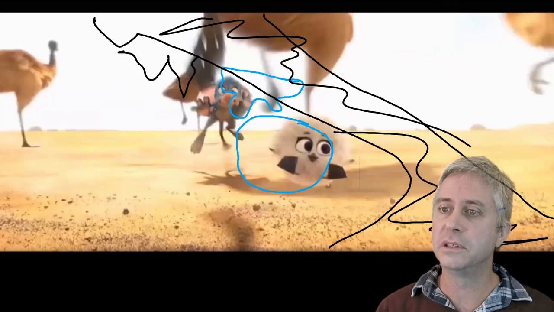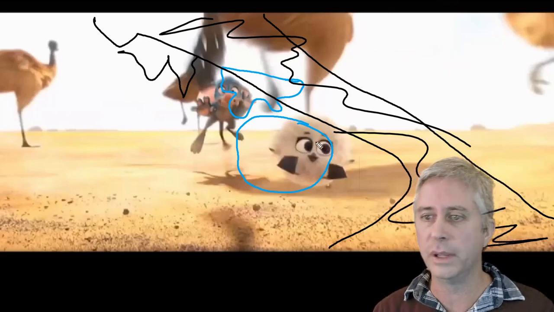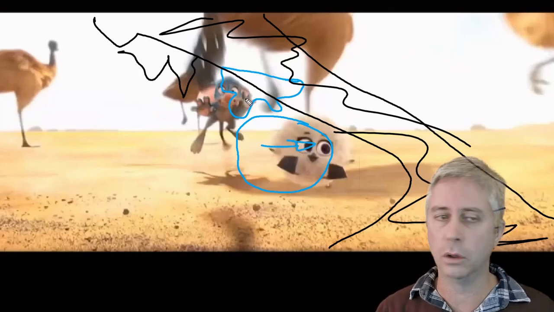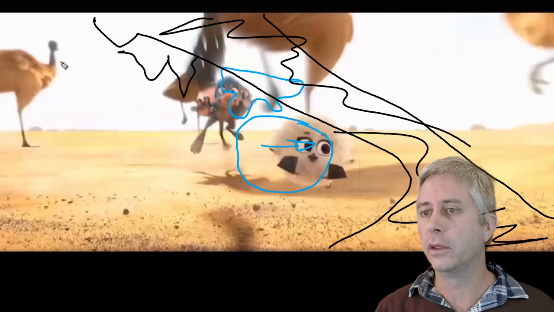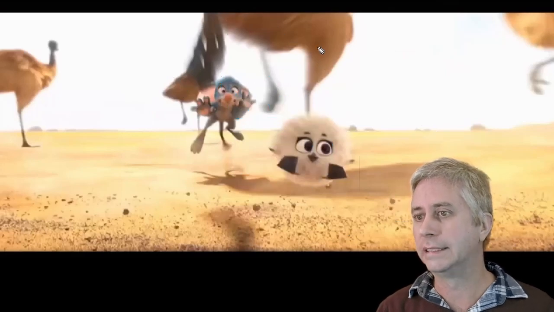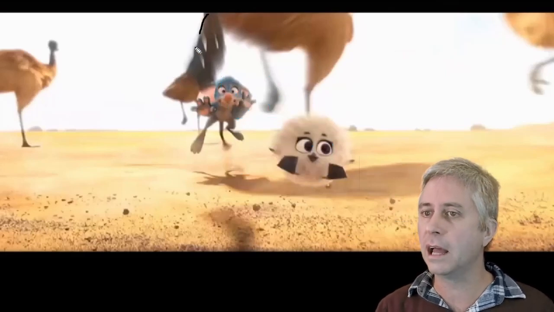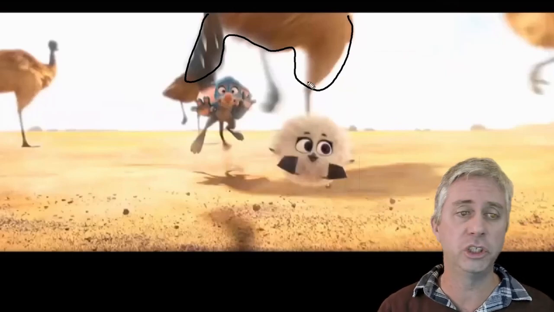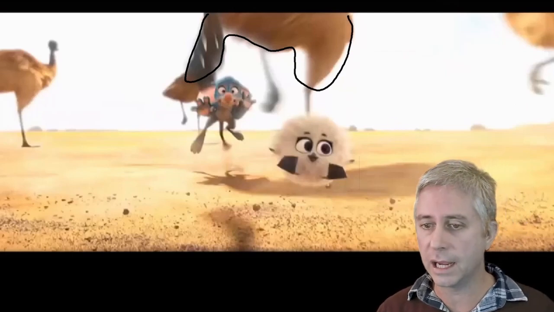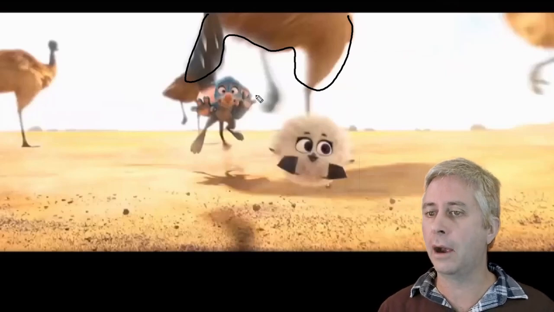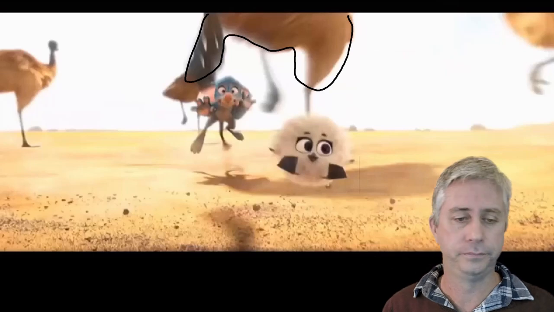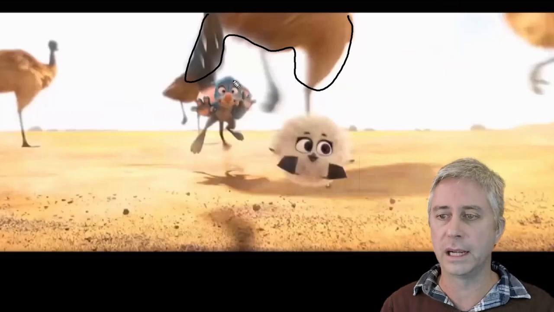While the shape has now changed quite a lot to being an emu, if we look at this shape, it's very much similar to the teeth that were coming down from the jaws before that were in a close position. But we can see between the cut that our main characters are still very much in a similar position to what they were, making it easy to follow between the cut.